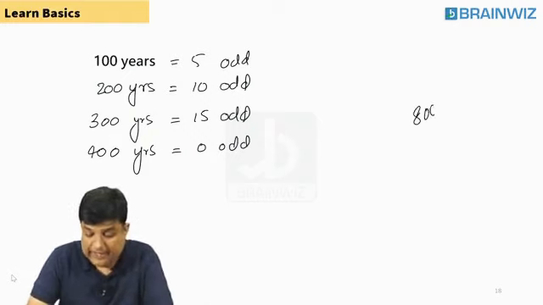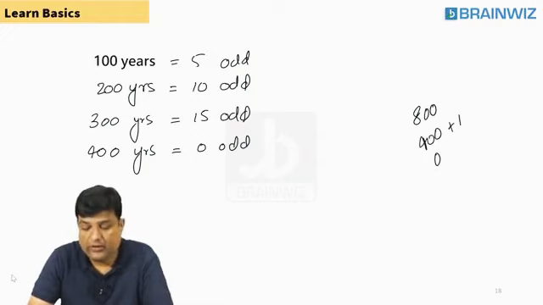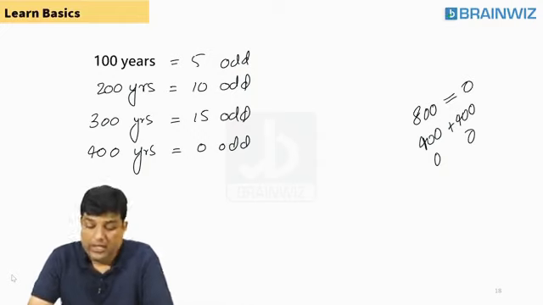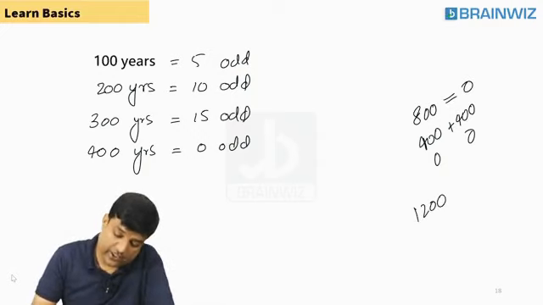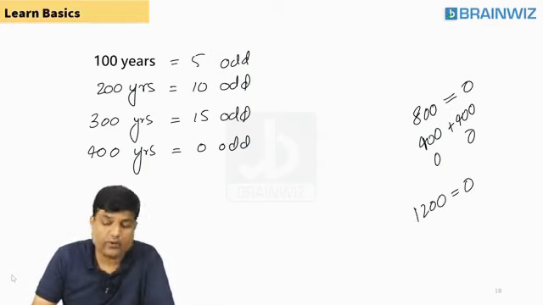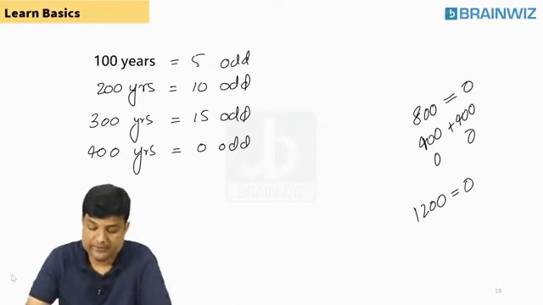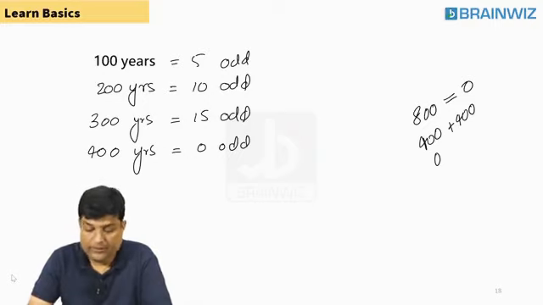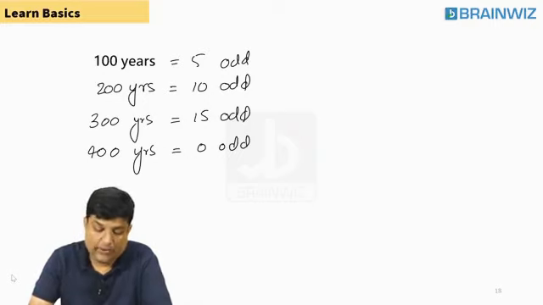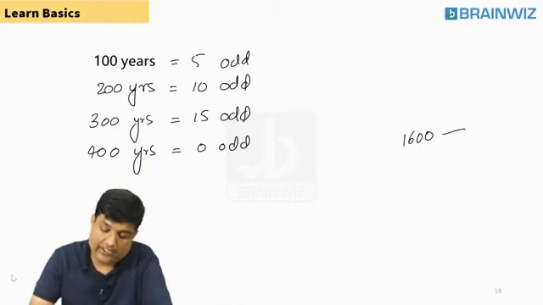How many odd days are there in 800 years? You can say that for every 400 is 0, again 400 is 0. So in 800 years, we have 0 odd days. And we all know how many odd days are there in 1200 years? We can say 400, 400, 400, that is 0. For every 400, we have got 0. Everybody knows. Are you understanding everybody? Yes or no? That's good. If I ask you how many odd days are there in 1600 years also, you can say 0.